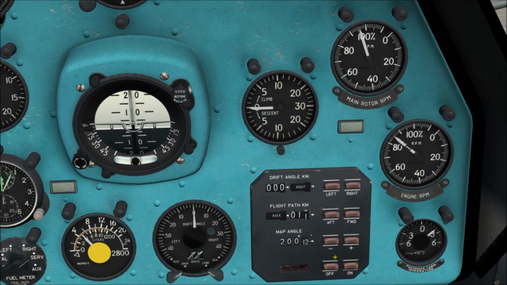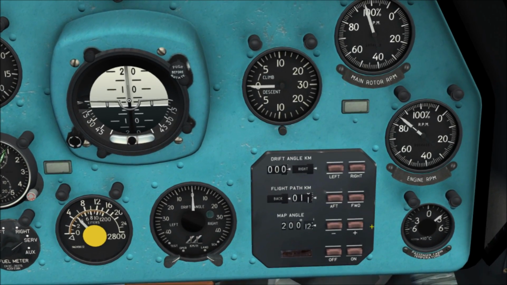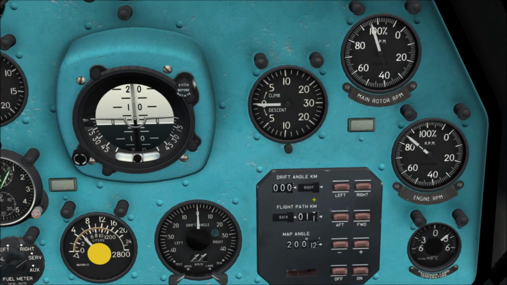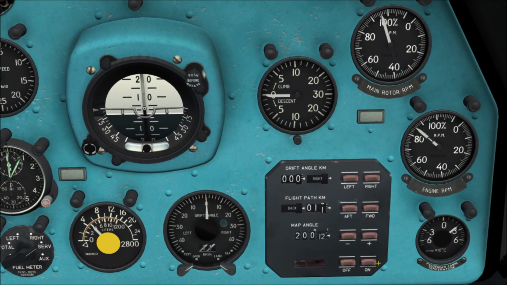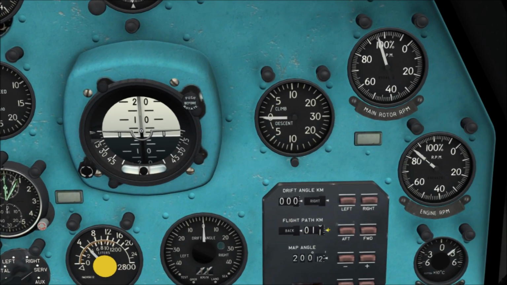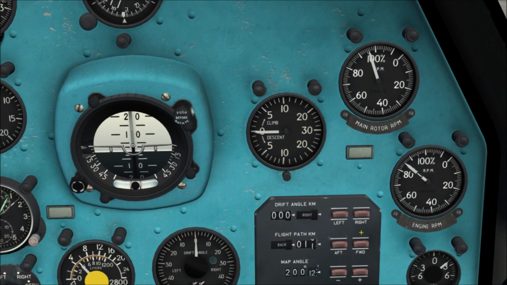Another trick you can do with this is you can actually leave all of this set to 0, and if you just want to get a simple distance from where you took off, just leave this all to 0, enable the system, and then take off and fly. And as you fly along, your distance will increase, and it'll give you an accurate distance of how far you've flown